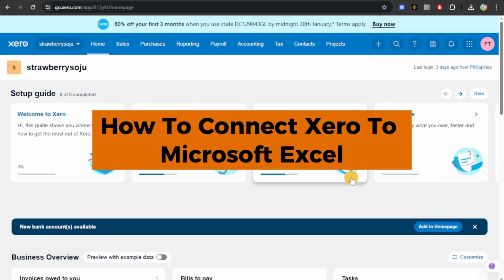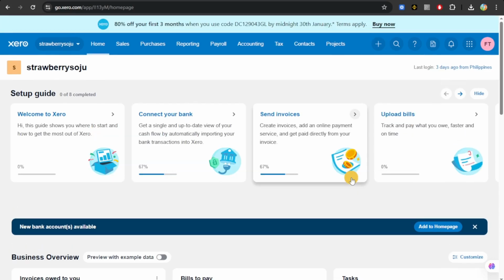If you want to connect Xero to Microsoft Excel, then here's what you're going to do. You can connect Xero to Excel using third-party connectors or the default export functions. So first, through direct export. The easiest way is to run any Excel report like the trial balances or the P&L and then click